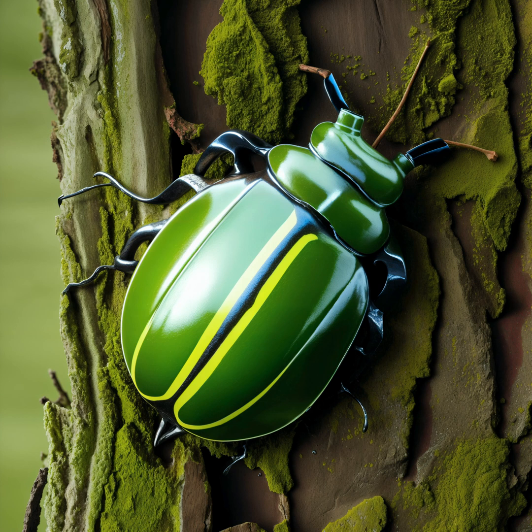Leaf mining is a feeding habit observed in certain leaf beetle larvae. These larvae create tunnels or mines within the leaf tissue, feeding on the parenchyma cells that lie between the upper and lower leaf surfaces. As they feed and grow,